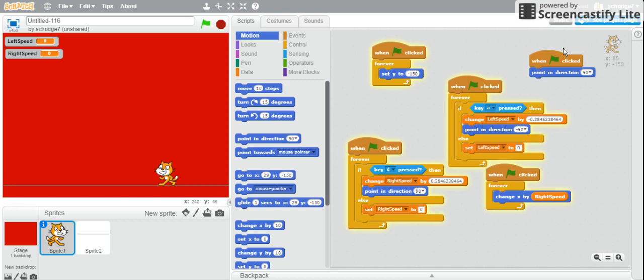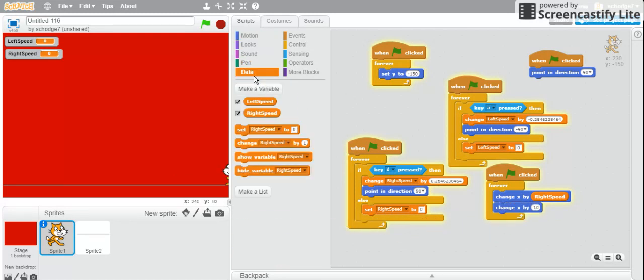Last time we left off where we made the simple controls for our game. So as you can see, we move left to right. Oh yes, and in the last part I also forgot to mention, you need to put change X by left speed. You see that cat just flipped out for a second. So there we go. Now he moves both ways, and the reason he moves like this is because if you